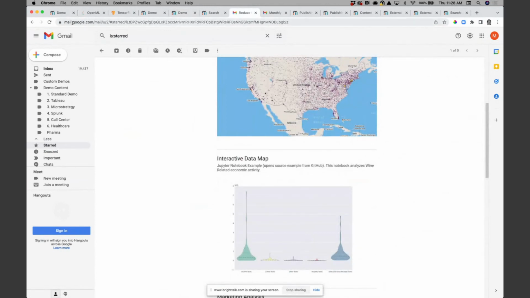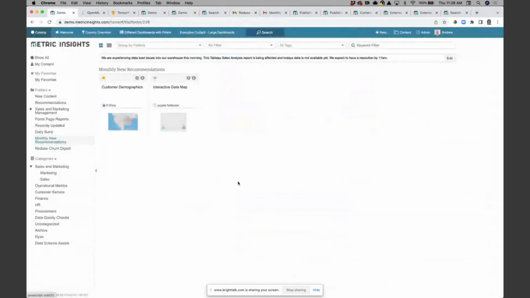So, hopefully you can see by publishing your data science assets alongside all the other BI you have in the organization, you're starting to democratize and get control over what people are using. And from an end user perspective, be it the analyst or the business user, I can start to see what's out there, what are other people creating, how should that be used, and how should I be using it.